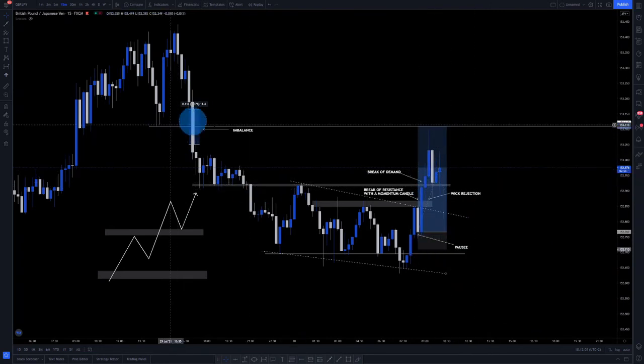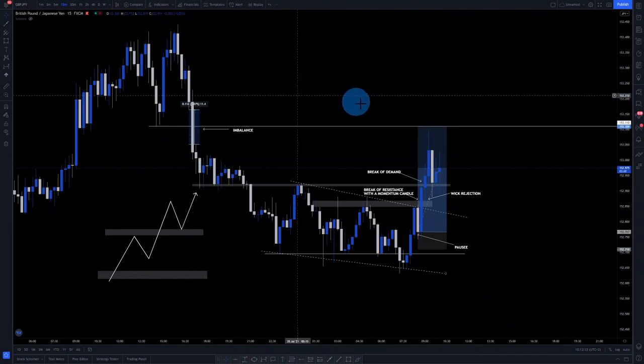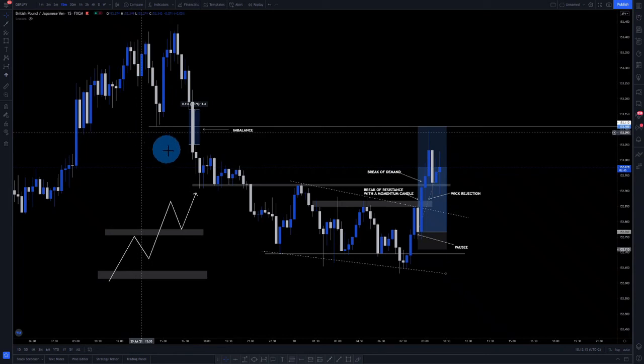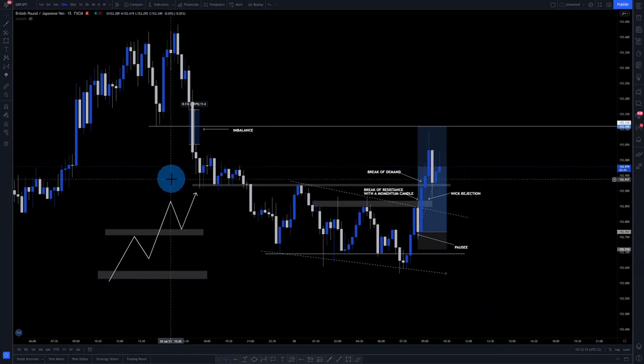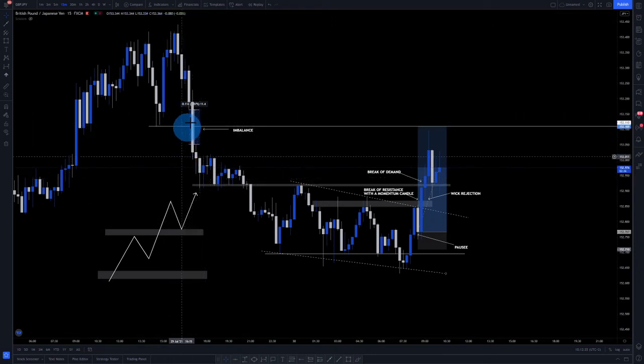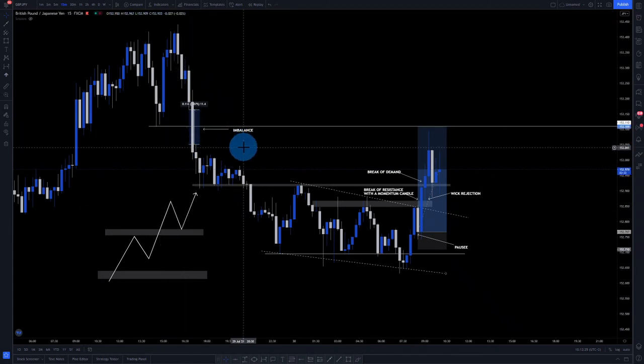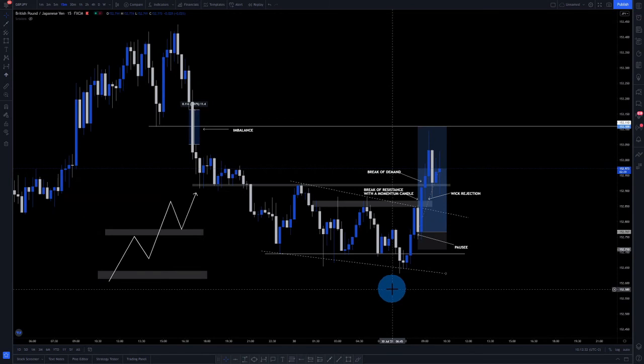Okay, and over here you can see, guys, we have an imbalance. This is where I've placed my target. I've placed it on this part, which is the part where I say the market must get back to that point to actually retest the market, to retest that break of structure. Then also over here we can see we have an imbalance. We're going to basically take the 50% of the imbalance,